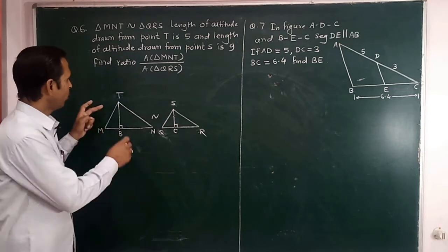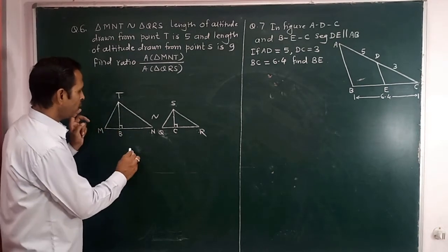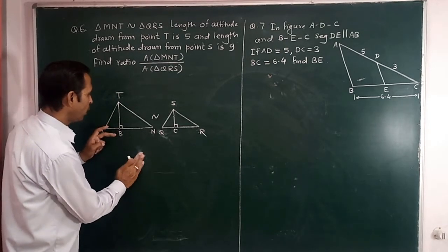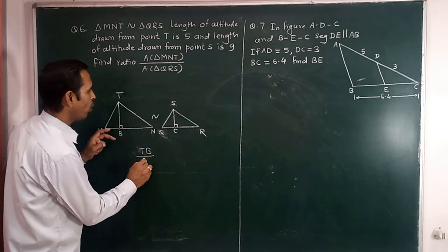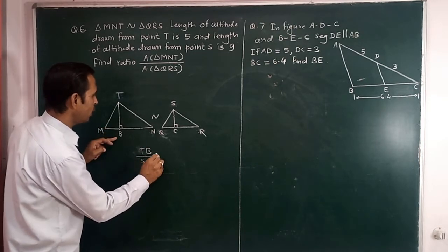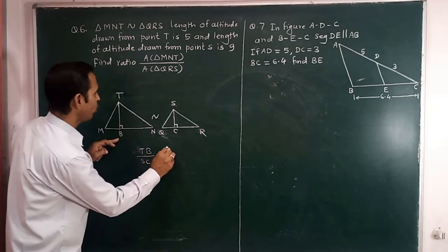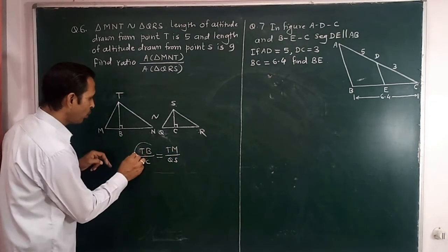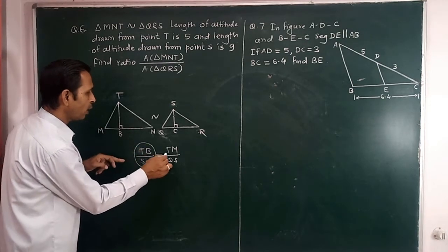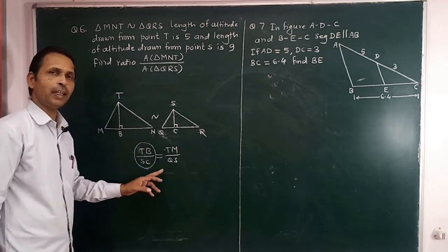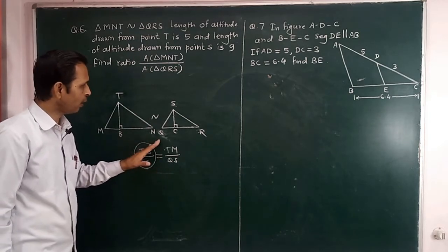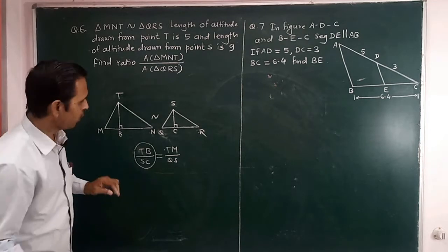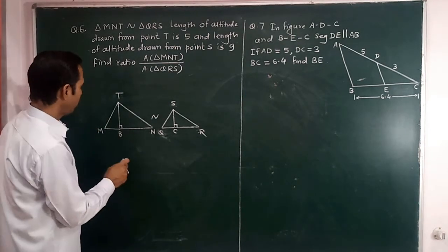Now in that theorem we already learned that TB is the altitude, and this ratio TB upon SC is also equal to TM upon QS, which means this ratio is equal to the ratio of the corresponding sides, any sides. Now in that theorem we again write that the areas of these two triangles,